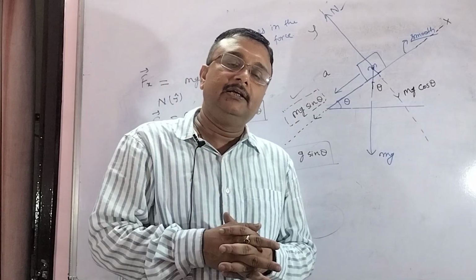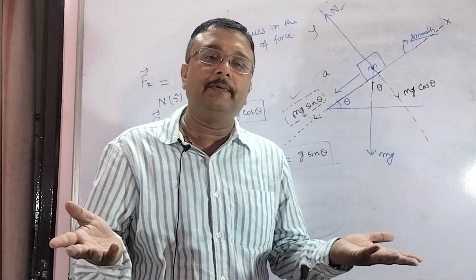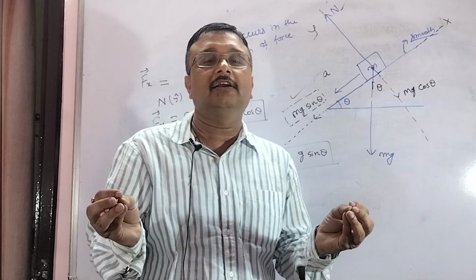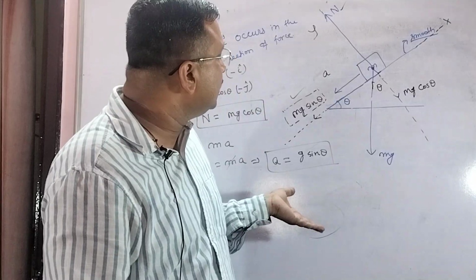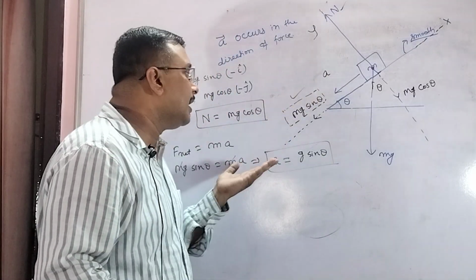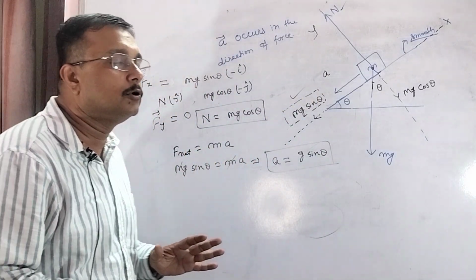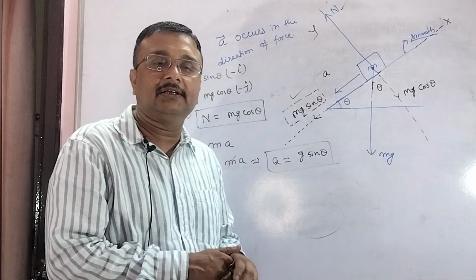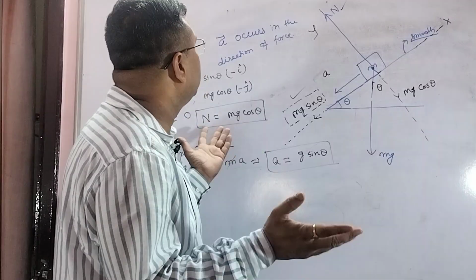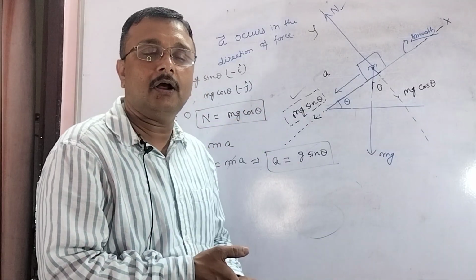अगर किसी एक्सिस के अलॉन्ग पार्टिकल का मोशन नहीं है तो डेफिनेटली वहाँ पे जो अपोजिट डायरेक्शन के फोर्सेस होंगे वह एक दूसरे को कैंसिल कर देंगे, और जिस डायरेक्शन में पार्टिकल का मूवमेंट होगा, जिस डायरेक्शन में पार्टिकल का एक्सीलरेशन होगा, उस डायरेक्शन में हम लोग न्यूटन के सेकंड लॉ को यूज़ करके रिजल्टेंट फोर्स इक्वल टू मास इनटू एक्सीलरेशन के टर्म में जाएंगे, और वहाँ से डिफरेंट काइंड्स ऑफ वैल्यू जो प्रॉब्लम का डिमांड होगा उस तरीके से हम लोग प्रॉब्लम को सॉल्व करते रहेंगे।